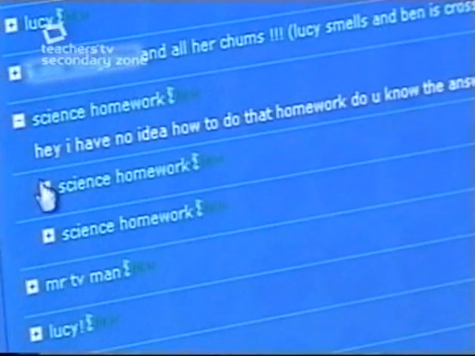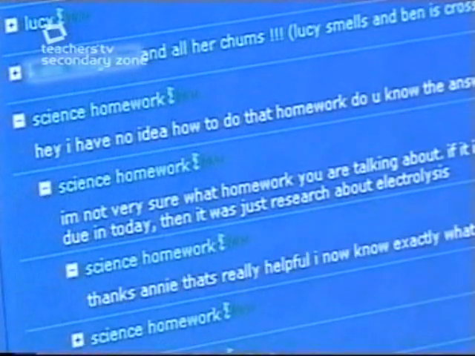You can leave a message for someone and a teacher can respond to it, so if you ask a question then they can reply, or if you have a problem with an assignment then you can ask the question and see if anybody else has the problem and you can sort of collaborate and work together.